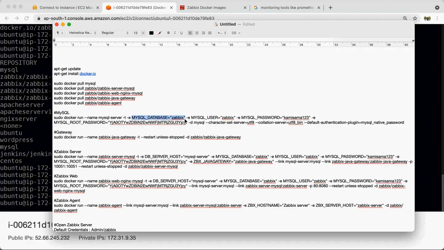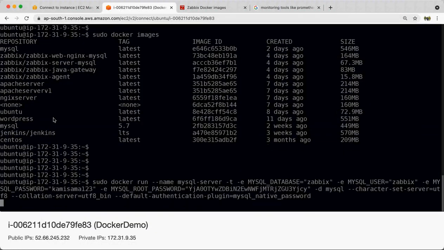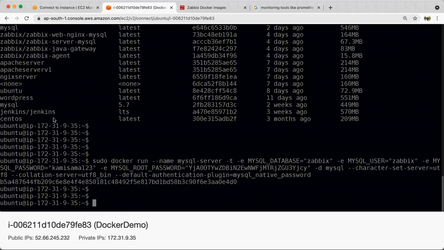So here we are passing the database name, database user, the database password, and the root password of your MySQL, and other parameters. Okay, so with this we should be able to run our MySQL database. So if we just show it here, sudo docker ps.